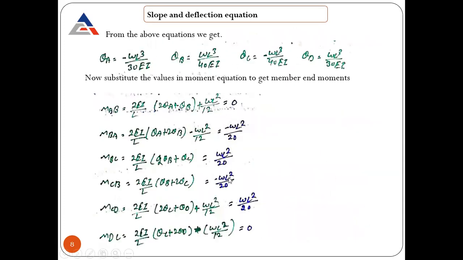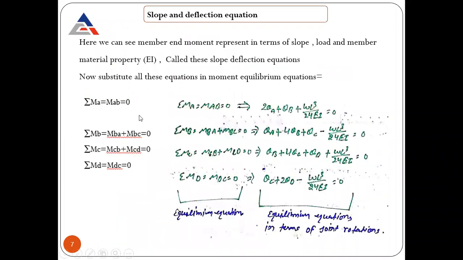Keep this in mind, because their sum should be equal to 0 again. This is also a noted thing. The difference can change only when there is a loading difference. Most probably their values come out the same, because otherwise they do not follow your equilibrium equations. Their sum should be equal to 0. That is the equation of equilibrium. If their values do not come out equal, then I can write this equation as MBA equal to minus MBC only. Yes or no?